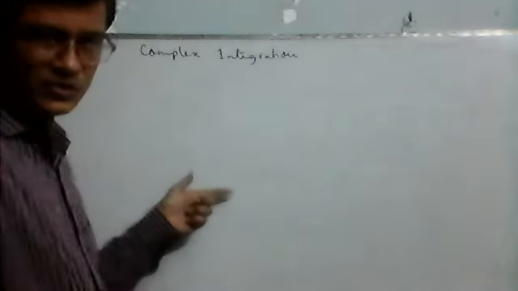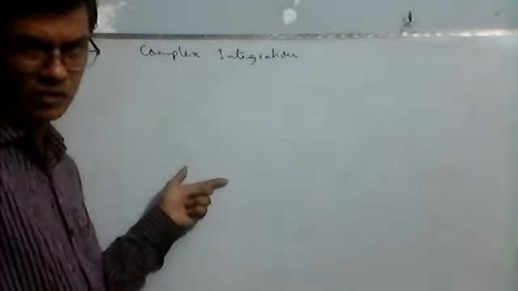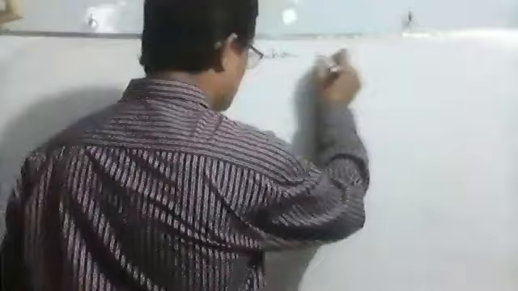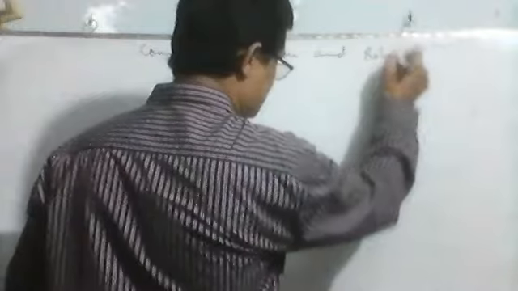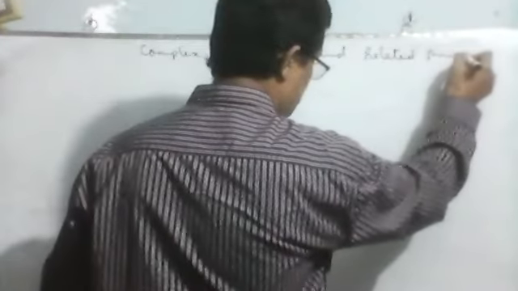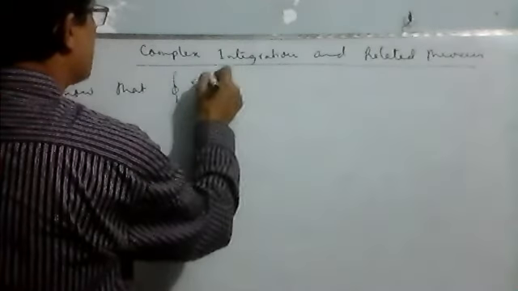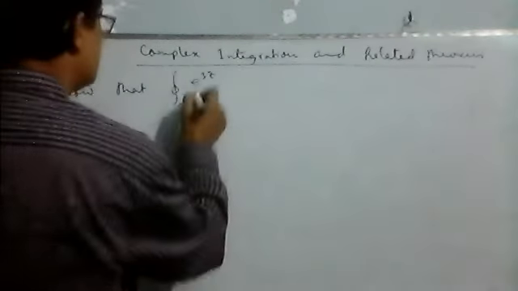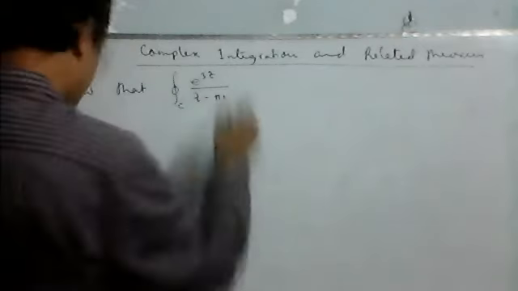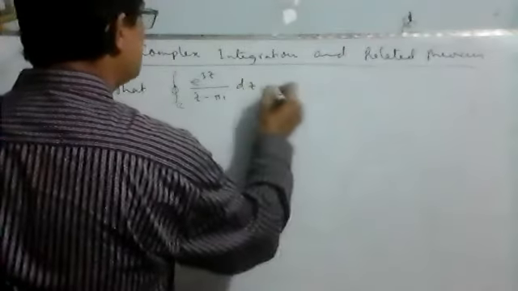Today, let us solve a typical problem on complex integration and related theorems. Let us solve a problem. Show that the integral along C of e to the power 3z divided by z minus pi I dz is equal to